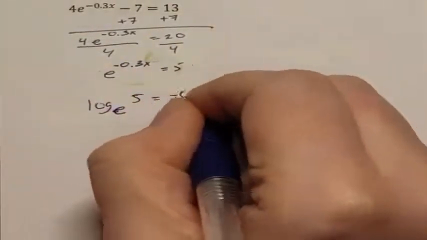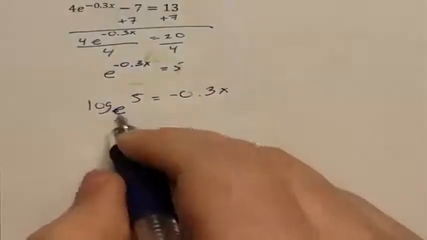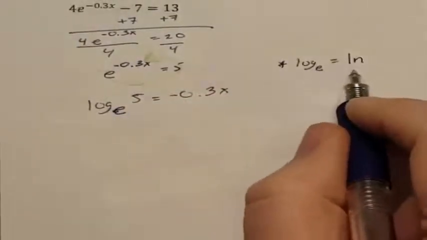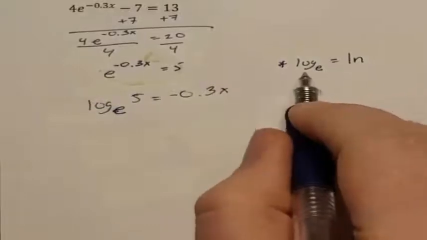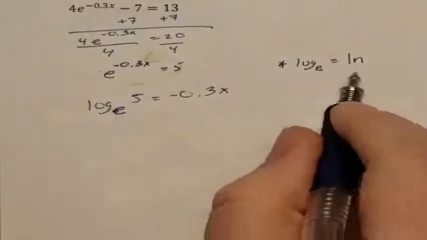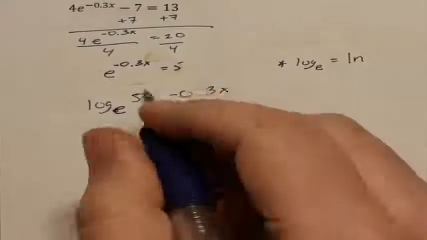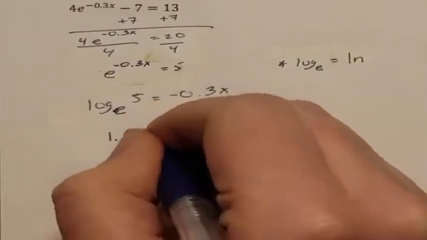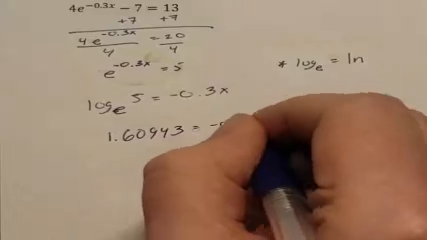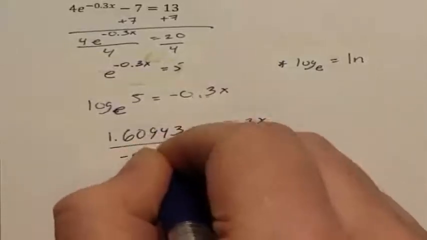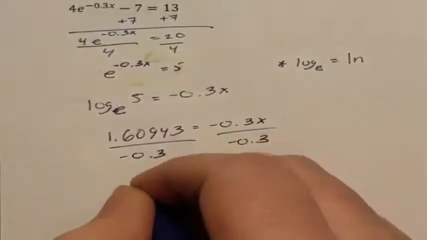equals the negative 0.3x. Now remember, log base e is the same as natural log. We switched our natural logs to our log base e. So that's what we saw last time with log base e. So on my calculator, log base e of 5 is 1.60943. Now divide both sides, and I end up getting x to be negative